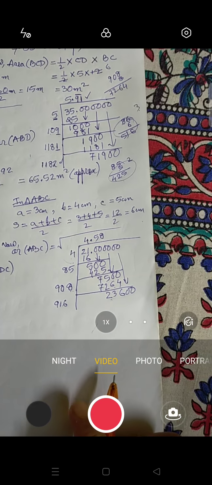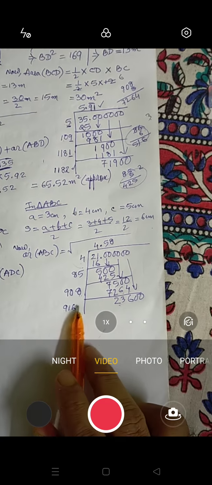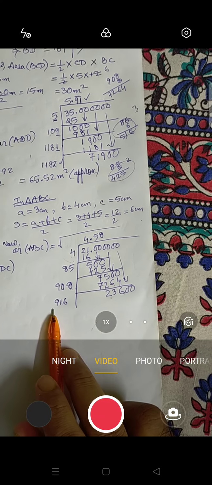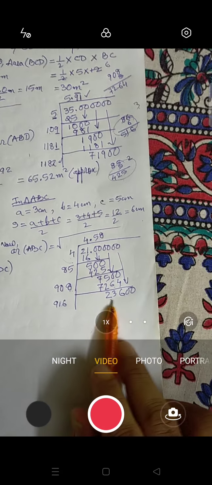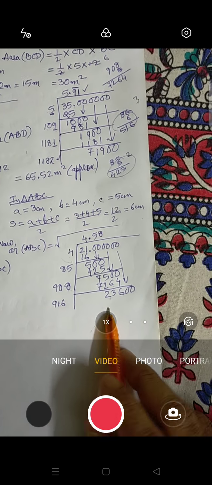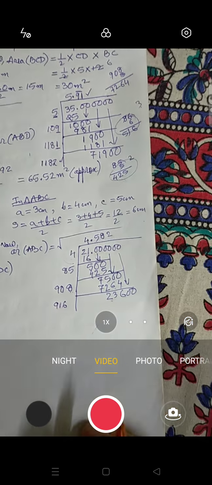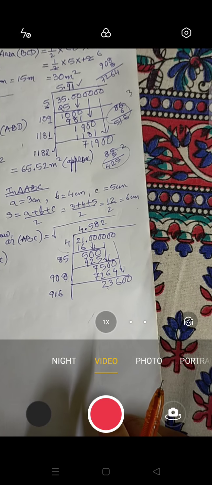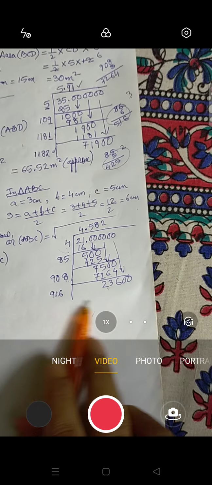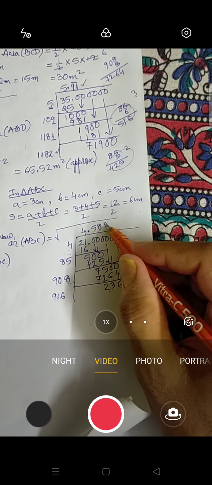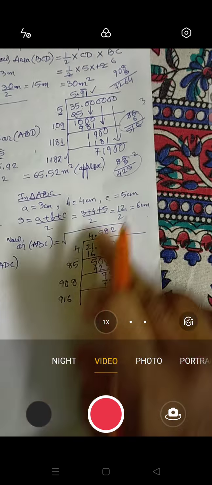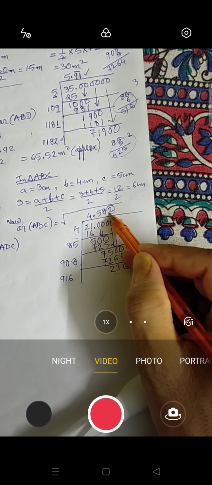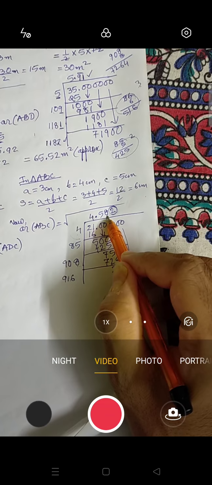Okay, 916. Now if you take it by 2, then you will be having 18,000. Now here you are having 23,000. That means the third digit will be 2. Are you getting it or not? You can't take it 3. So the third digit is 2. So I will not write here, just 2. You can see that the third digit is less than 5, so this number remains the same.